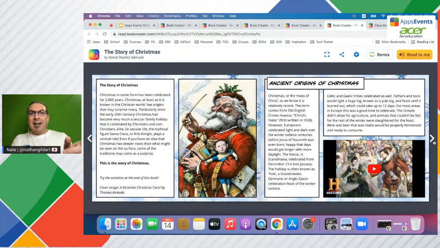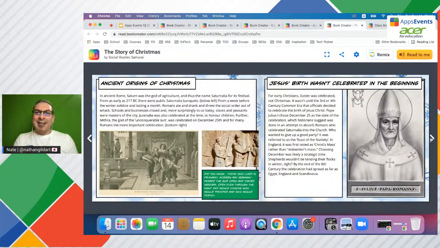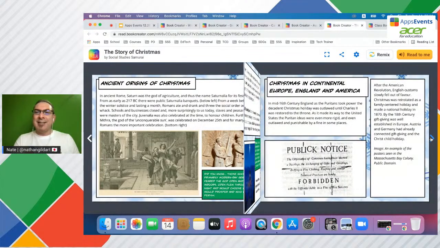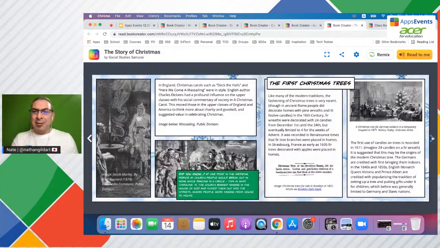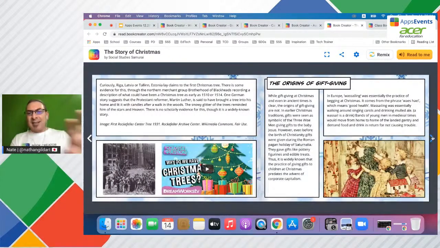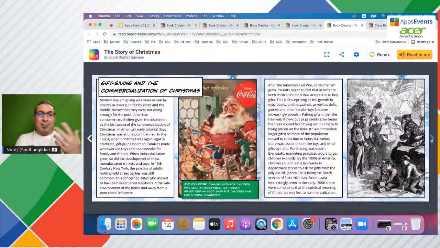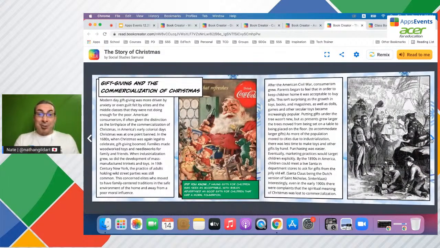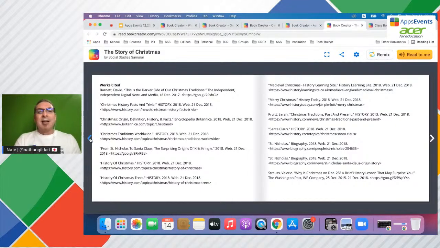Now I'm going to flip ahead to this book. Note the little green thing there. I like to have little "Hey, did you know" facts and that kind of thing. I've got a lot of tabs open here. Maybe that's why it's going a little slowly, but that's okay once I close this up. You can see I've got my images in here. The reason they're not cited is because I got them copyright free, which is pretty cool. The citations are kind of automatic, but I do put my citations at the end. So always cite your work, right?